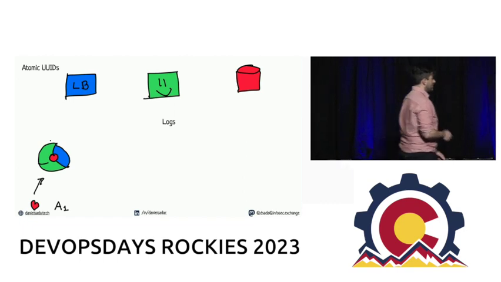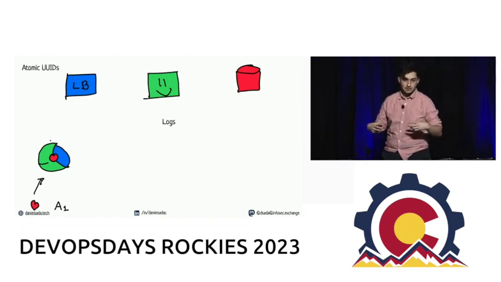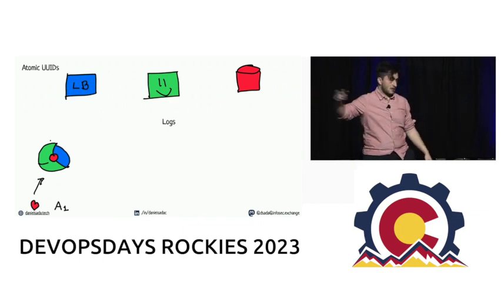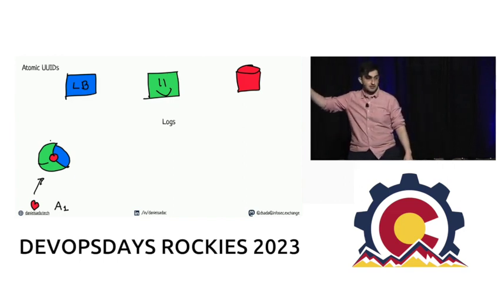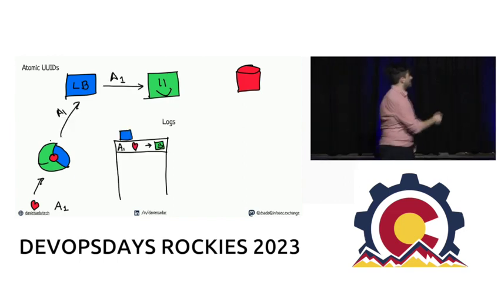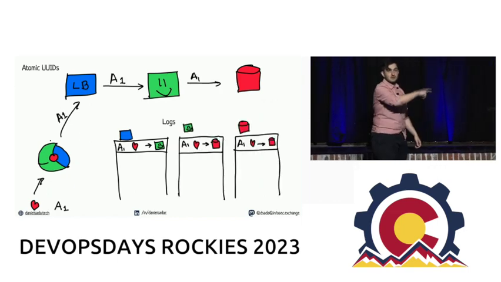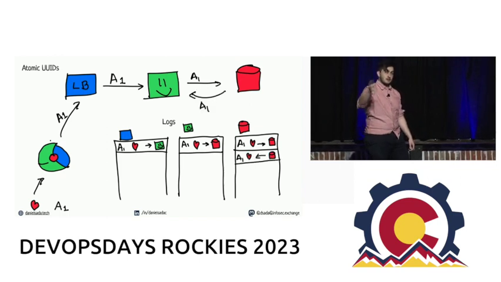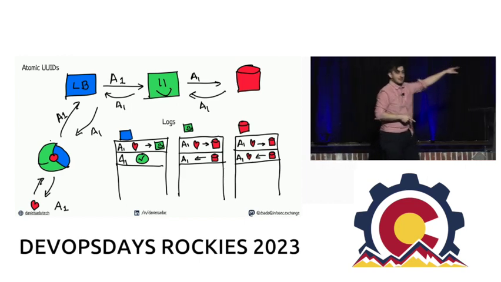So when we start from a client, from the browser, we generate an ID. In this case, we'll say A1. And from the client, we'll propagate that ID through every service it touches. So we'll see A1 being propagated and now written to our logs. We see it propagated to the database. We see it propagated back. We see it propagated all the way through. And our logs now look like that.